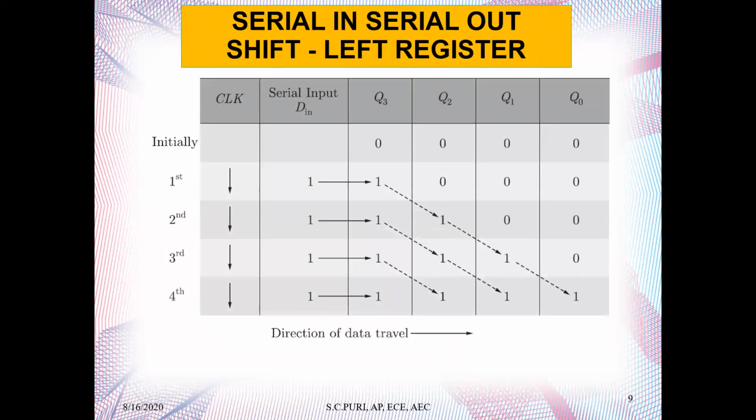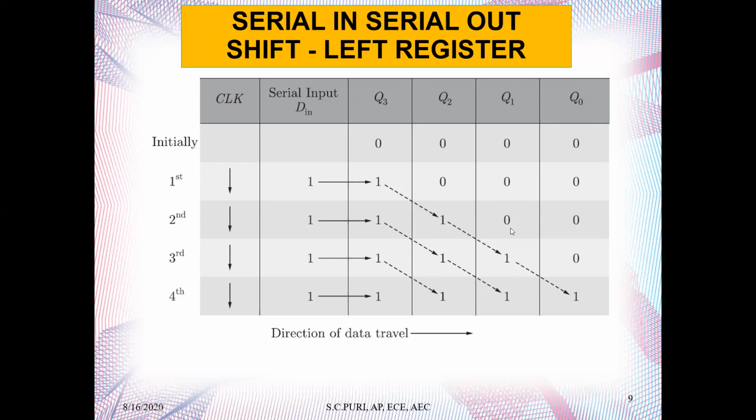You can see here is the same operation. Negative edge triggered, first clock, it sees 1 over here, it enters here. And with each clock, data is basically stored serially. First this is stored, then this is stored, then this is stored, then this is stored. So at the end of the fourth clock pulse, you will be having Q3, Q2, Q1, Q0 as 1,